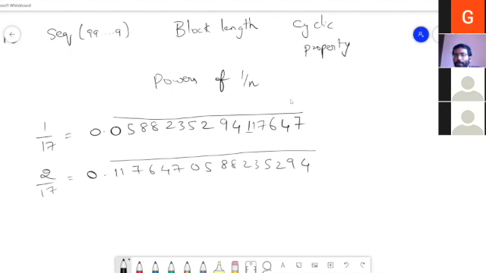If this is the case, then why are we finding this property with all the numbers 1 by n? Because anyway, the remainders are cycling, no? For any number n, the remainders will always cycle. It has some cycle, no? Then why aren't we finding this cyclic property for all the other numbers? Is my question making sense?